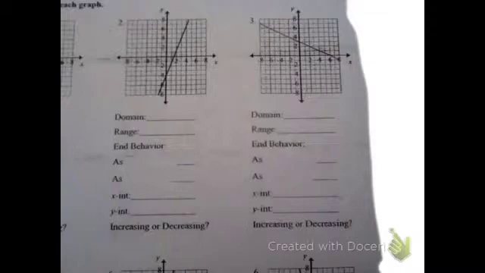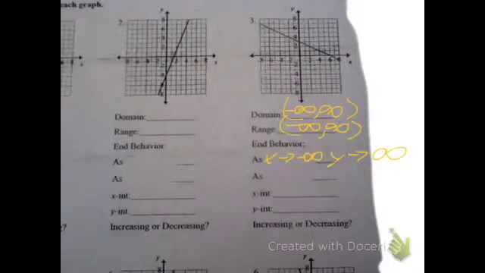Moving over to 3. Again, from negative infinity to positive infinity. The range also from negative infinity to positive infinity because it takes on all possible y values. As x goes to negative infinity, y is going to go to positive infinity because it's going up as you move left. As you move right, the y goes down, so it's going to be negative infinity for that. The x-intercept is looking like over here at 6, so 6, 0, the point. And then the y-intercept is looking like 3, so 0, 3 is your y-intercept,